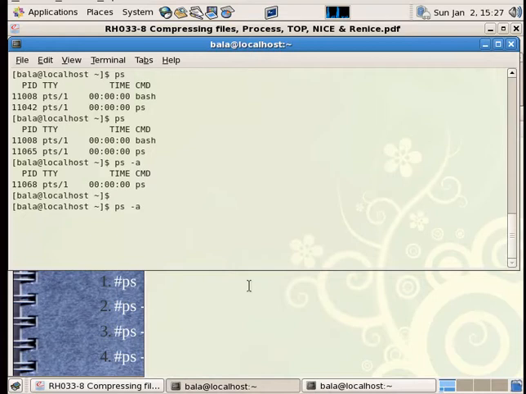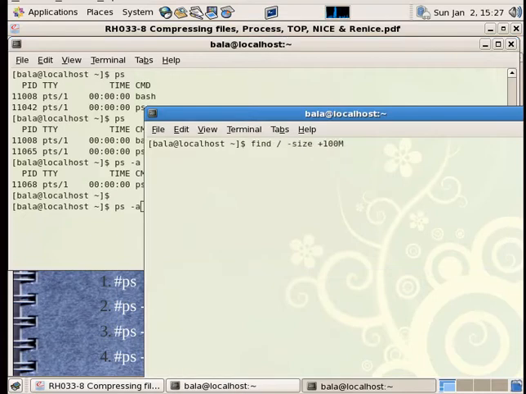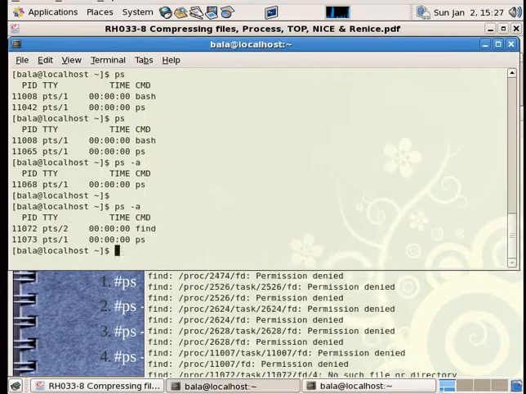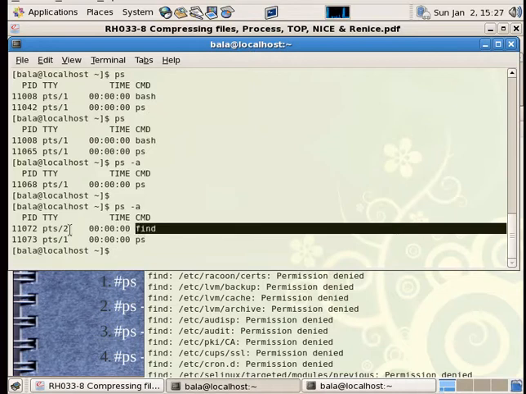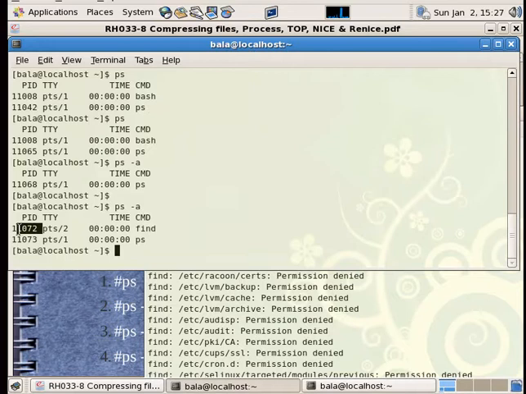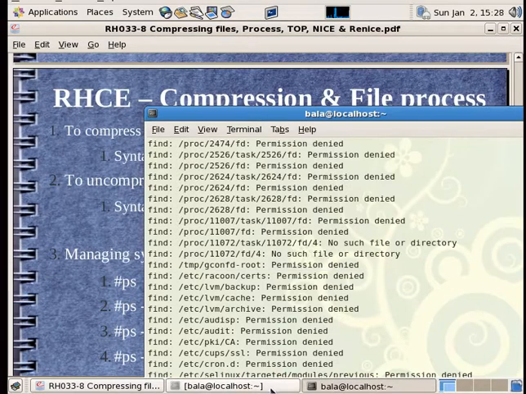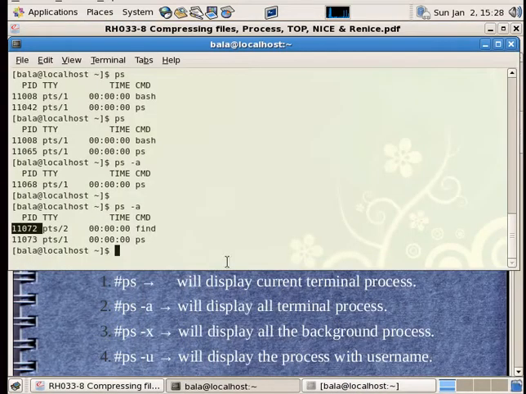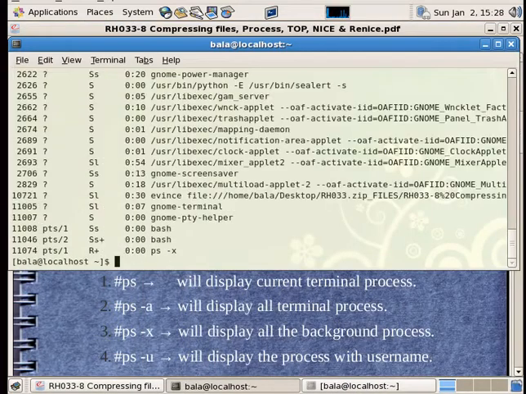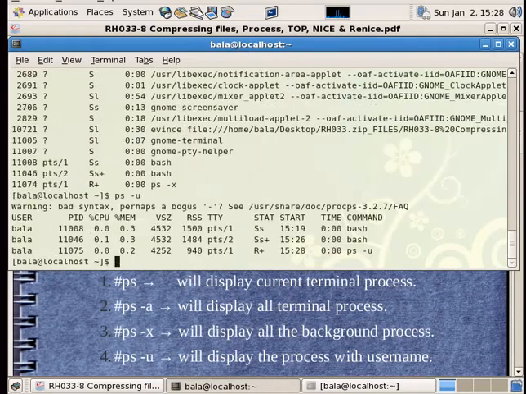ps -a, enter. Okay, so the find command is running on a different terminal, with a different process ID as well. Then I can use ps -x for showing all the hidden processes and ps -u for showing all the user processes.